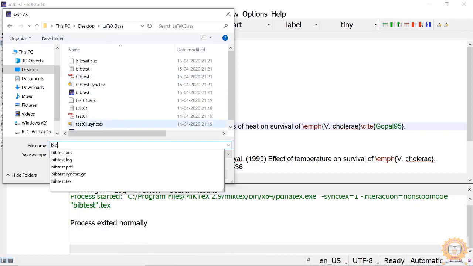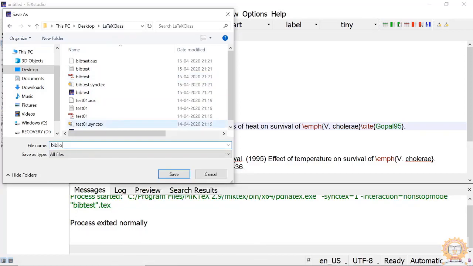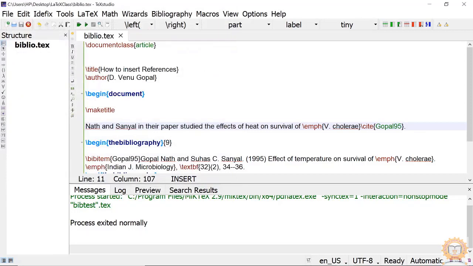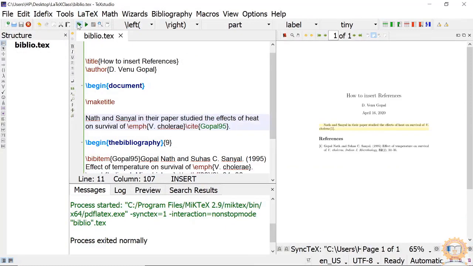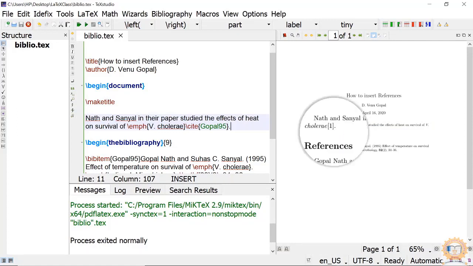Okay, saved. Now, when I compile the document, you see the references heading is automatically given where the bibliography was given, and then it is shown in square brackets.